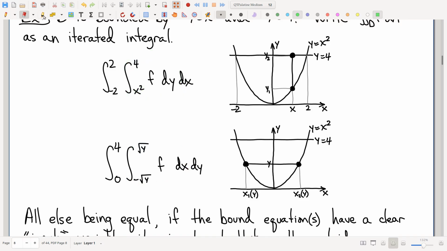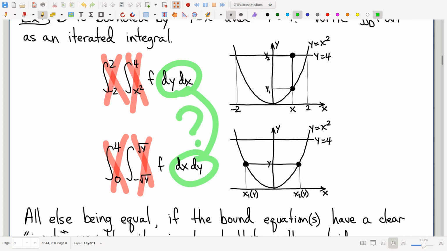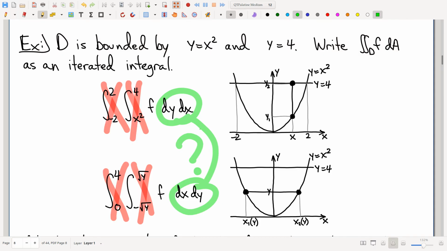Before we figured out these bounds, let's suppose I didn't know what these bounds were going to work out to be, and I'm just looking at that versus that, and which one should I do? Well, you can anticipate which one's going to have nice bounds and which one's going to have ugly bounds by just looking at the algebra of what's given to you in the statement of the question. And in particular, let's look at this equation. And now I'm going to ask, rhetorically,